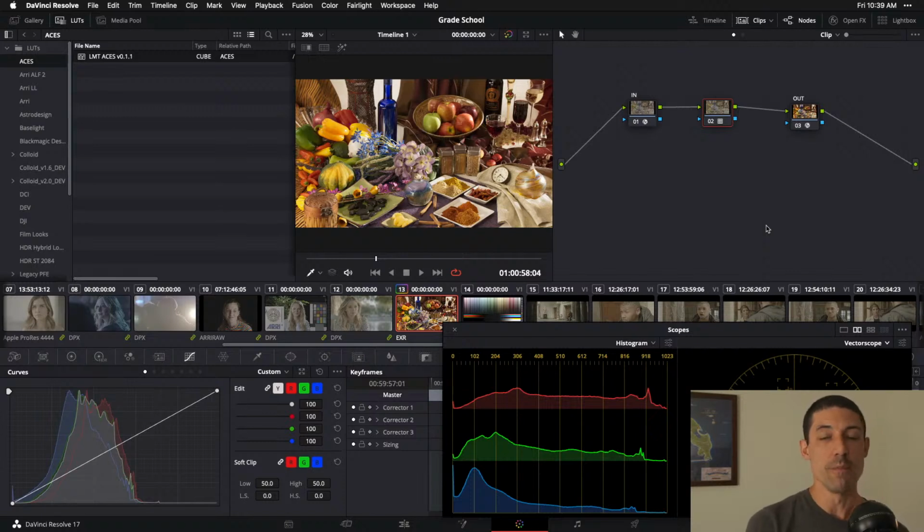The main factor there is really the RRT, because even though it's moved away from a strictly film print-like response, it still has quite a bit of character to it, and it has its own look above and beyond a more technically neutral transformation. So that's one of the key unique aspects of the ACES color management workflow. It's neither good nor bad, but it is the result of ACES being one of the first color management solutions